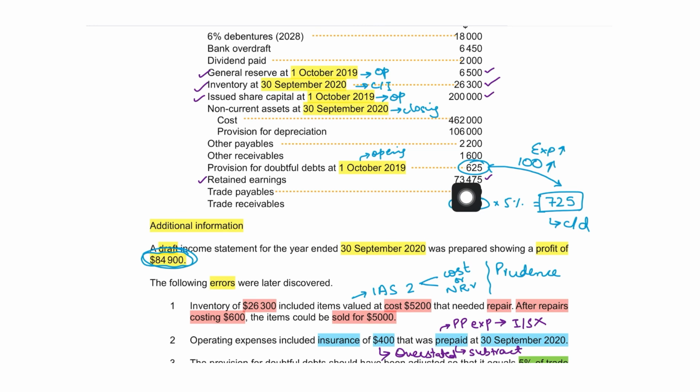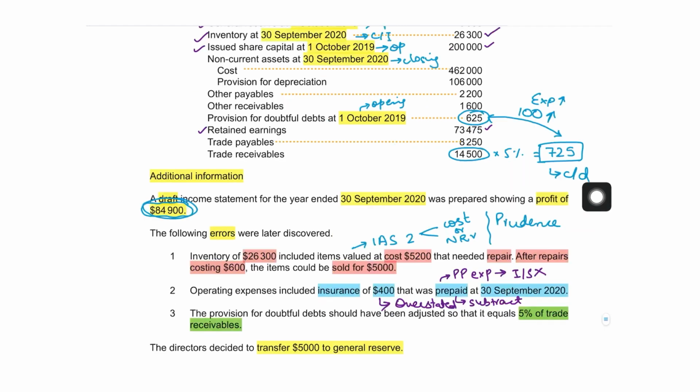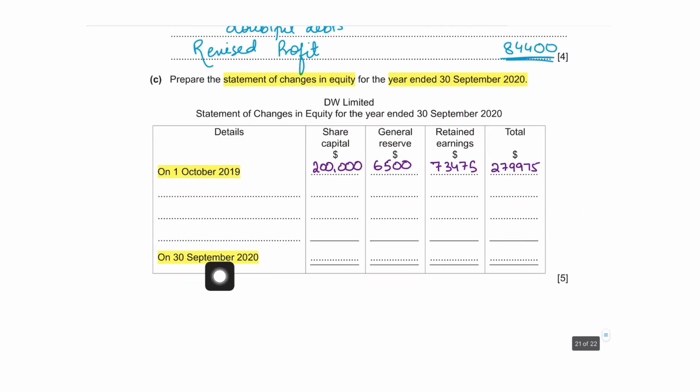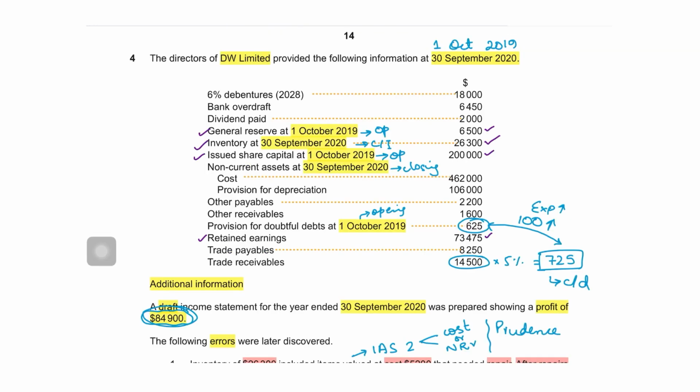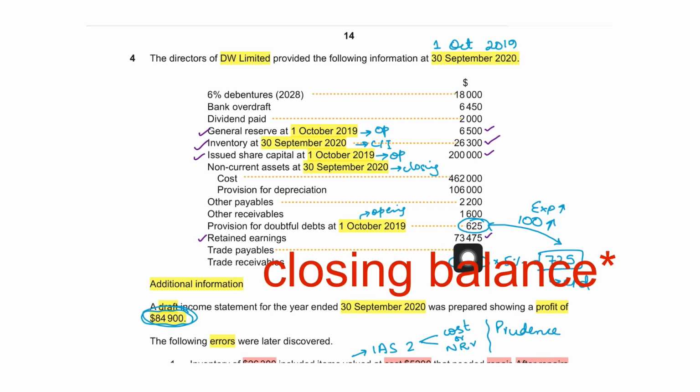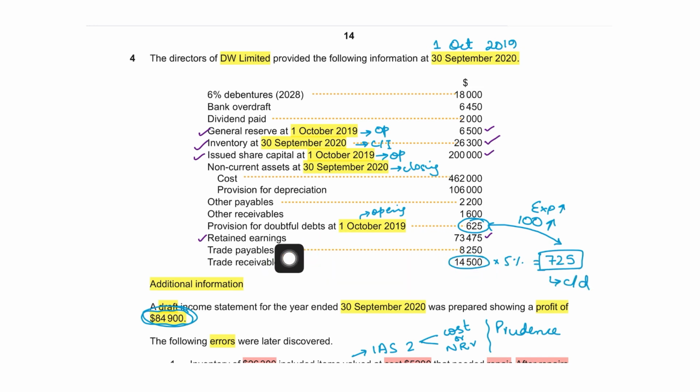Now you might be thinking that no date was mentioned with retained earnings. So some of us can assume that this is the closing balance. We can write 73475 as for 30th September 2020, and we work backwards to adjust for the dividends paid and profit for the year and transfers to general reserve, so that we arrive at opening balance. Now why can't we assume retained earnings amounting to 73475 as opening balance? Because since no date was mentioned, no closing or no opening date, we can assume that it might be the balance at 30th September 2020,